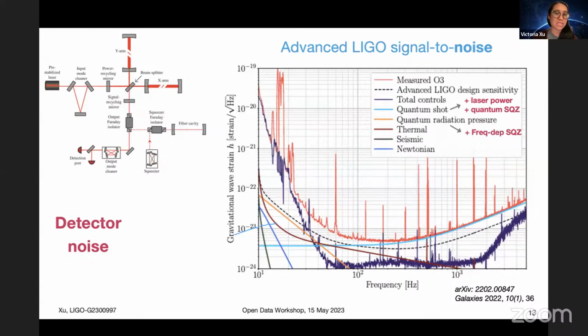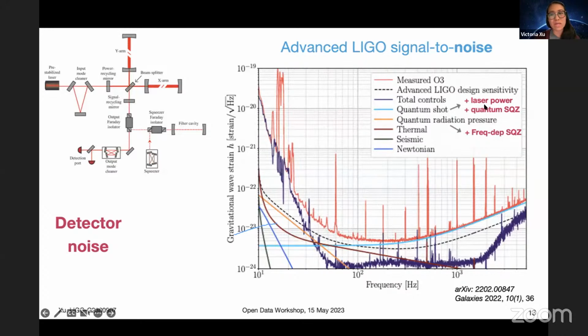and what are really the upgrades that will give us more astrophysics. Something you can see here is that across a huge part of the detection band, what limits us is quantum shot noise and quantum radiation pressure noise. This quantum shot noise we can reduce by increasing laser power. We can also reduce it by injecting quantum squeezing. And the quantum radiation pressure, which you see here in orange, is kind of the back action counterpart to improving on